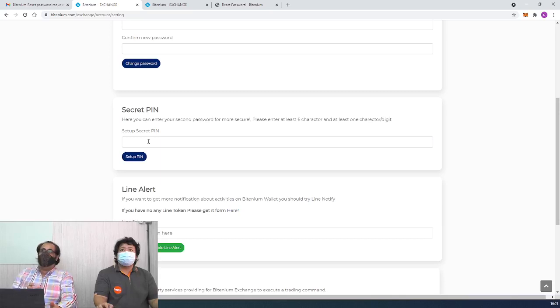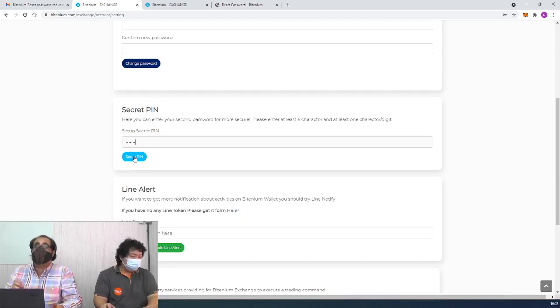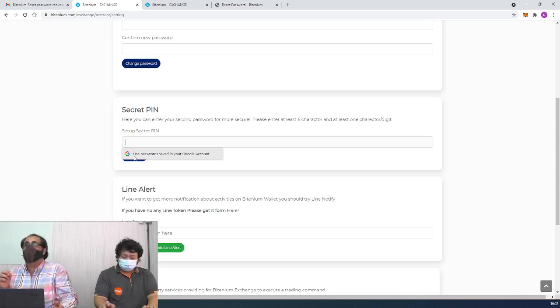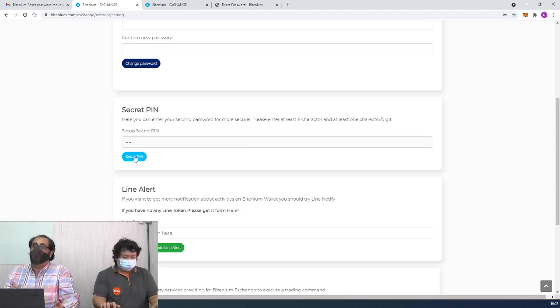This is one thing very important with OTP when you do it and mail. So you can say we have very high security like equity markets and all like that, which is legalized with SEC and all those things, they require for safety purposes. So secret PIN, you set up a secret PIN. You can see here it can be digits of numbers, 6 numbers, a 6-character number you need to set up the PIN. Make sure it's 6 characters only, and then click set up PIN.